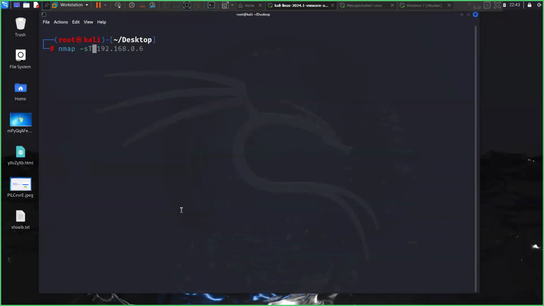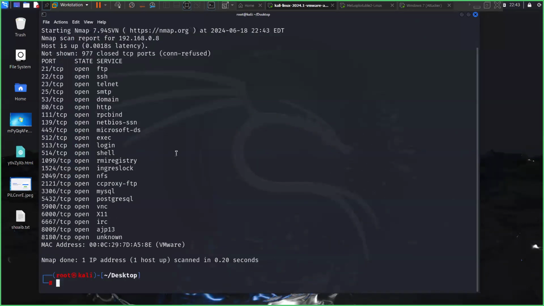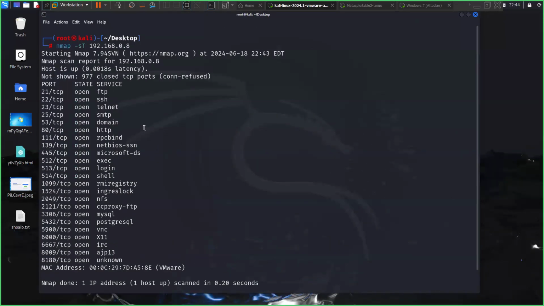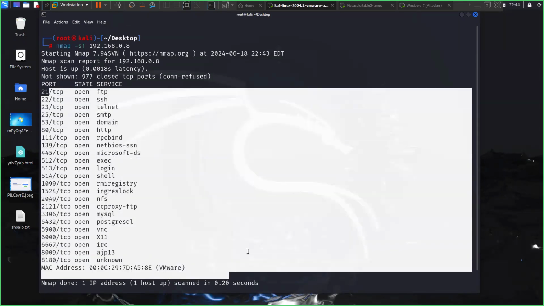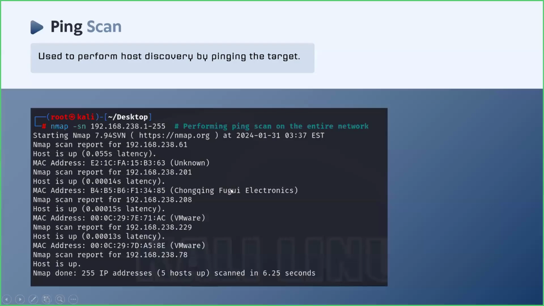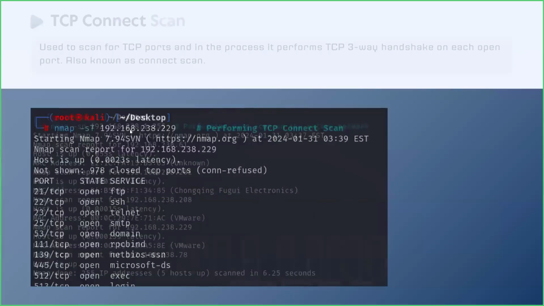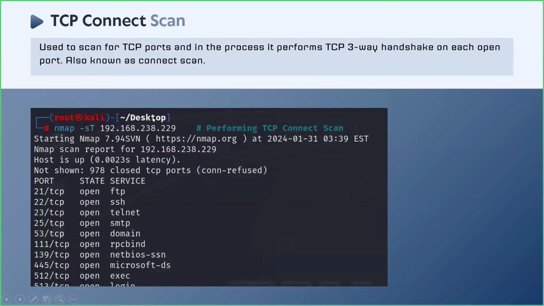nmap -sT for a TCP scan and the target IP 192.168.0.8, let's say. If I hit enter, this performs a TCP scan and tells me what TCP ports are open or active on the target system. So these were a few scans which we learned in the last class. I'll be sharing the recording for that, in which I've elaborated a lot more on these scan types. Today we have to